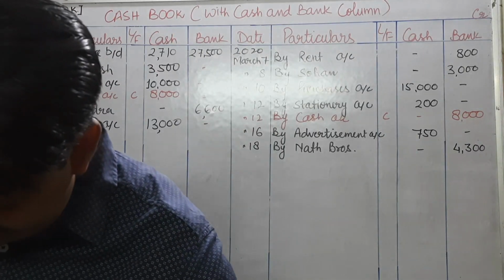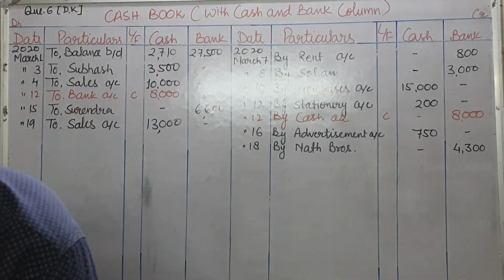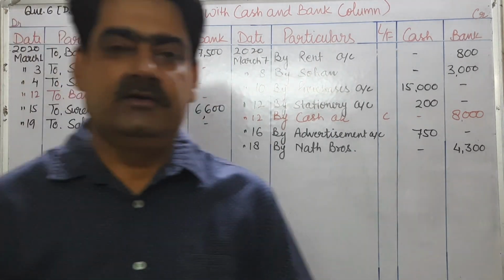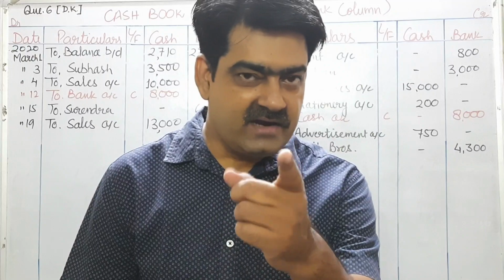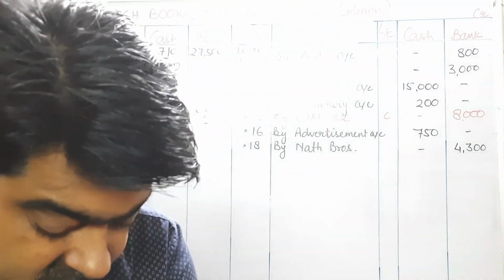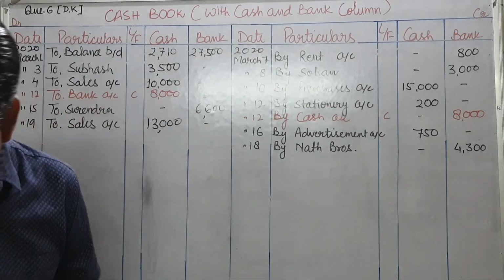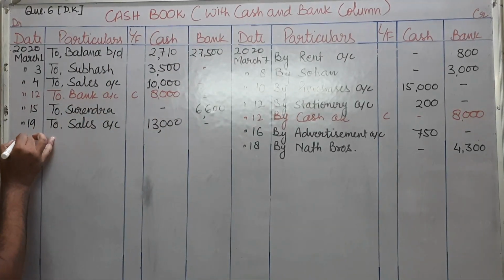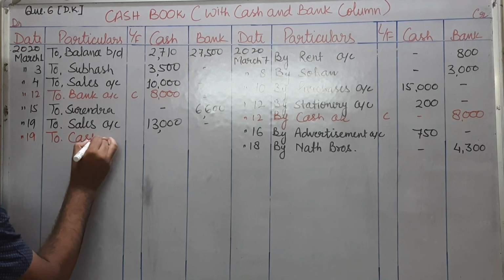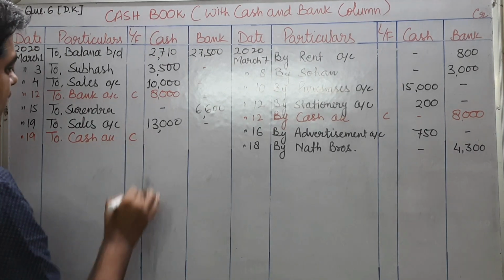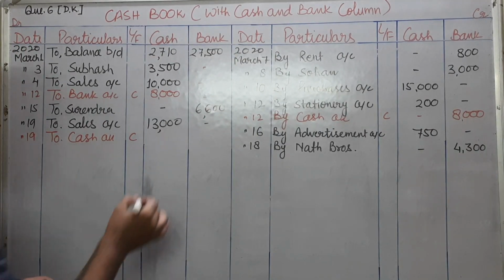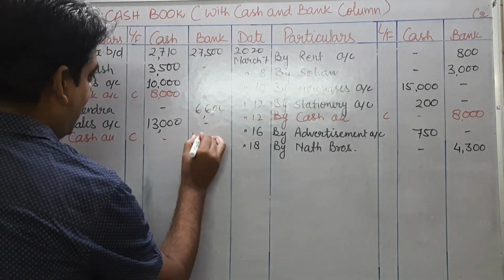Now next is paid into bank. Again, my dear student, this is your contra entry, because you are depositing cash into the bank. Your entry will be bank account debit to cash, a contra entry. See how we will write this amount. Date is March 19. Bank account debit to cash. So to cash account. In ledger folio column we will write C. C represents contra, and amount is 16,000. This time amount will come in bank column.